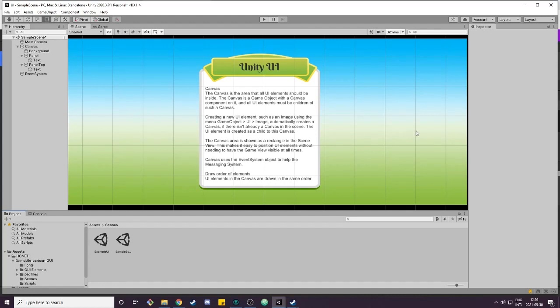Hello and welcome to this tutorial on the Unity UI system. Today we will go over the basic idea of the Unity UI, how it works, and how to position basic